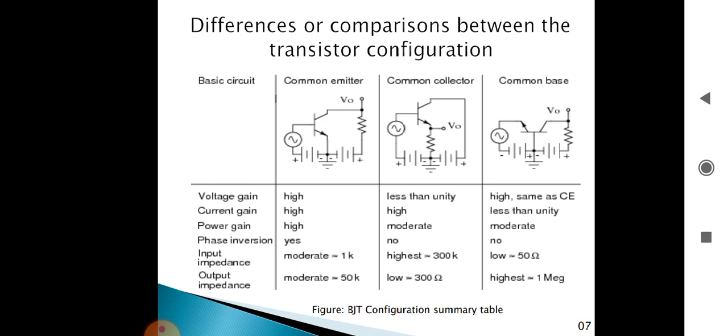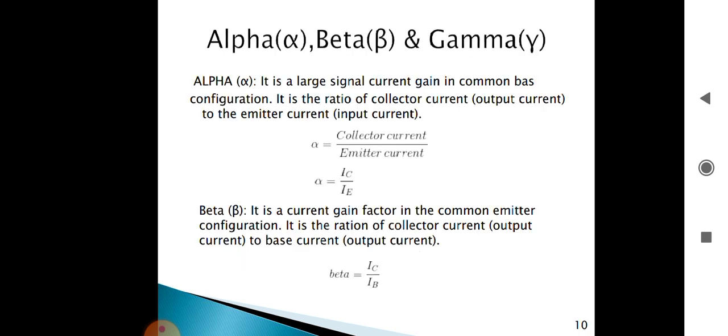So if we see, the common emitter will provide high voltage, current, and power gain. That's why the common emitter configuration is popularly used everywhere, because it provides a good gain. As I said, active components produce gain, meaning they produce a good ratio of current and voltages, and the gain of common emitter configuration is good, so that's why common emitter configuration is used everywhere.